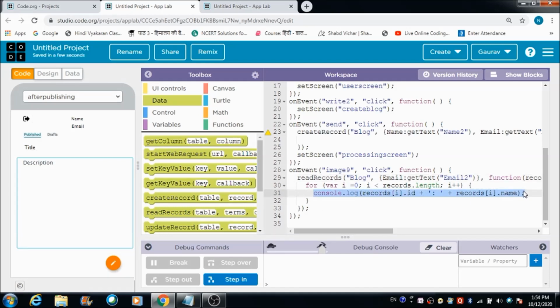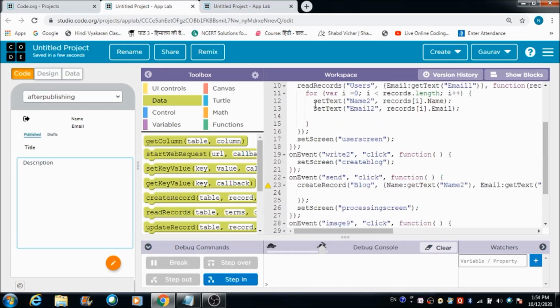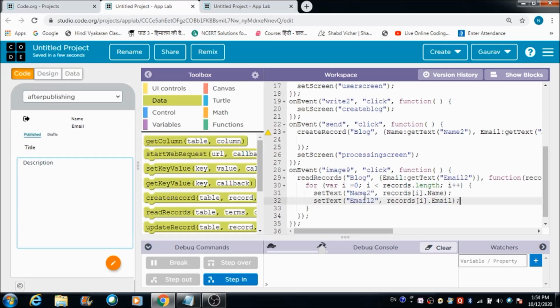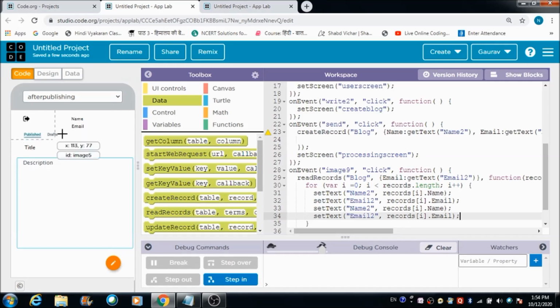Now let's eliminate this whole code from here, and we can make use of these two codes. So now we want the information for 4 components, 1, 2, 3 and 4. What is the ID of this? It is label 7. What is the ID of this?